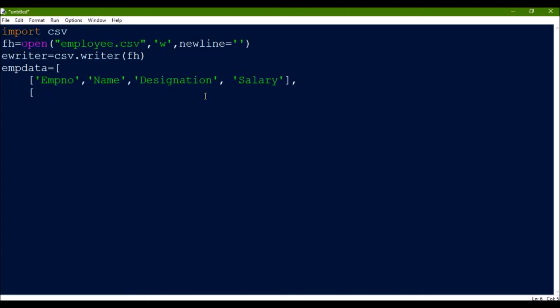So now one by one we'll keep on entering the values. First value, suppose the employee number is given, then the name, then the designation, and then the salary. Then after that we'll put a comma over here and copy this, and in the next line we'll paste it.